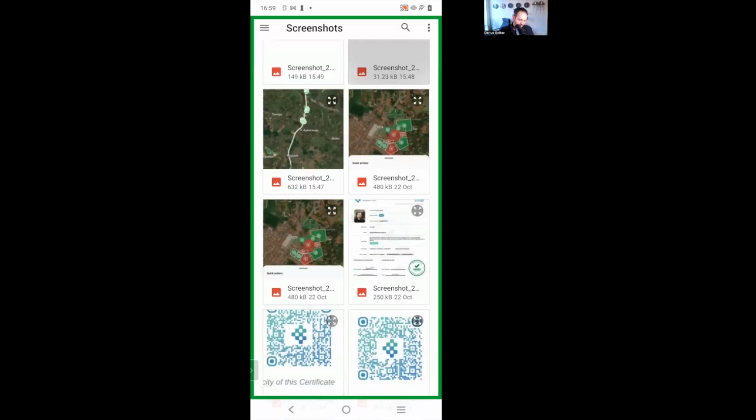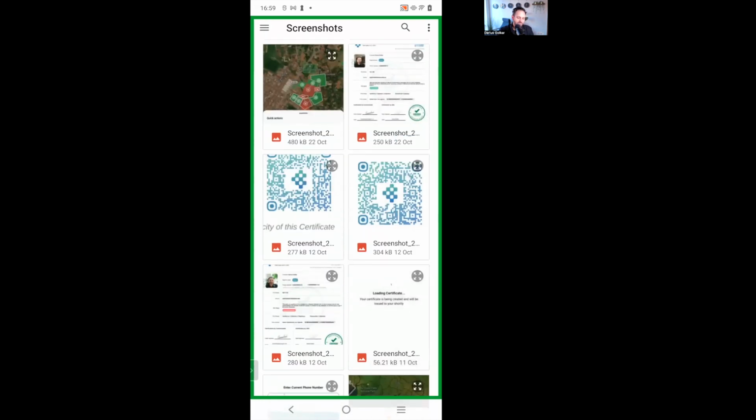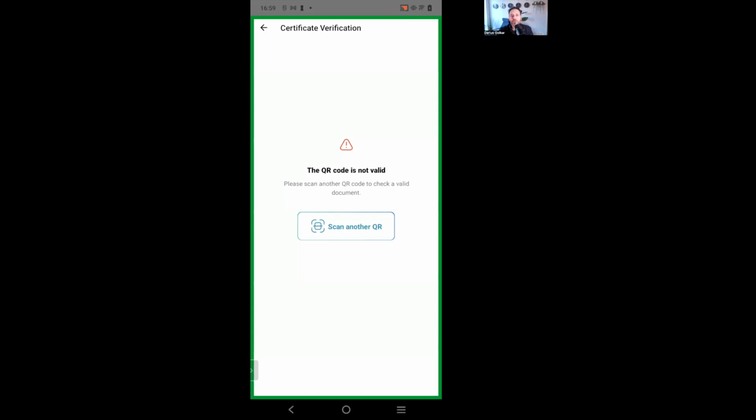Let me choose from photos. Okay. These are fake QR codes. Now, someone shared this with me and I put it in. Look what happens. You just saw that QR code look like a Commonlands QR code, right? And it says it's not valid. So if someone presented you a document that looked legitimate, it had all the right information on it, and then you scanned it and you got this, you know that you can't trust that person.